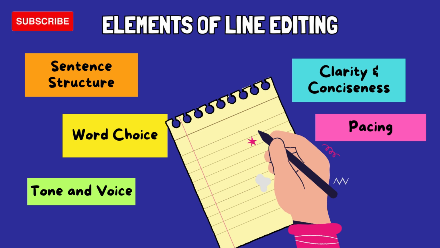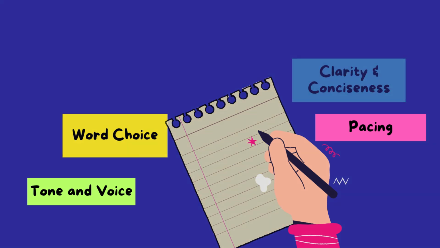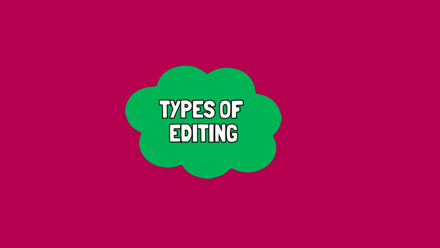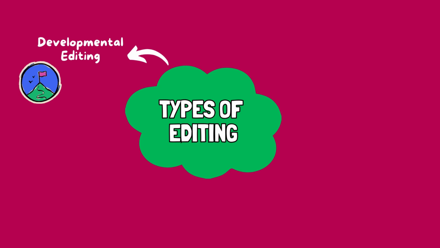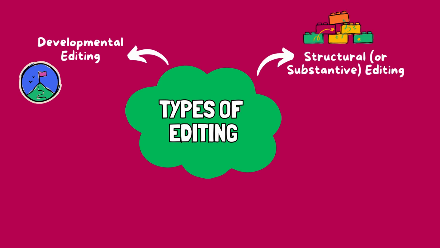Overall, line editing involves a close, line-by-line review to refine the language and style, making the writing more compelling and effective. There are several types of editing, each focusing on different aspects of the writing process to improve the overall quality of a document, including developmental editing, which focuses on the big picture elements like structure, content, and coherence to guide the overall development of the manuscript; structural or substantive editing, which ensures logical flow and coherence